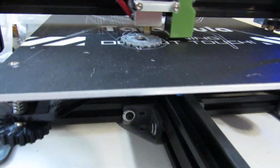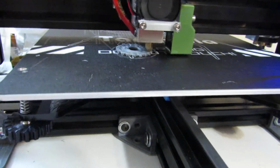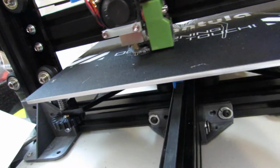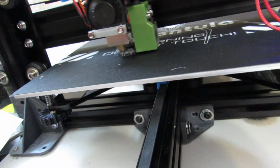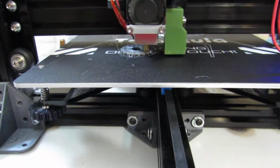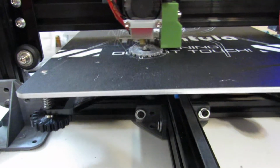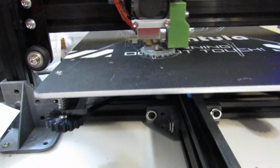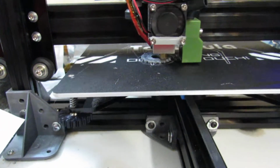So now the nozzle is touching, and actually the proximity sensor is crashing on the print because it cannot go up. I've been dealing with it for a couple of months. Nobody on any of the forums knows what to do with it. I think it's a bad